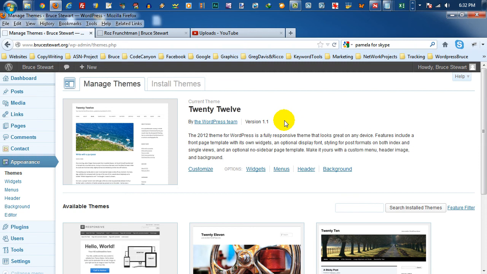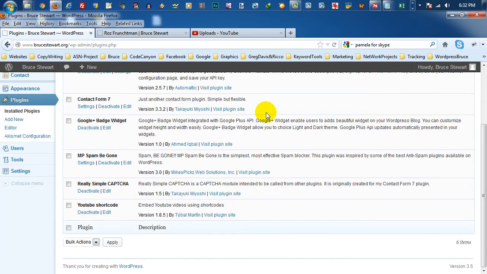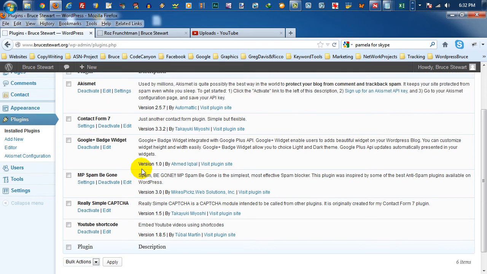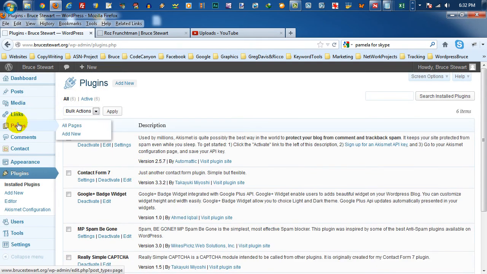So we'll go along and look at the plugins section. There's not many plugins in here. I'll open up the plugins and I'll show you that we have a YouTube Shortcode plugin in here, and that's available for any theme. If you change a theme around or anything like that, you can use the YouTube Shortcode for putting your YouTube video in. So what's next? So we go to the page where it is. We'll navigate to the page,